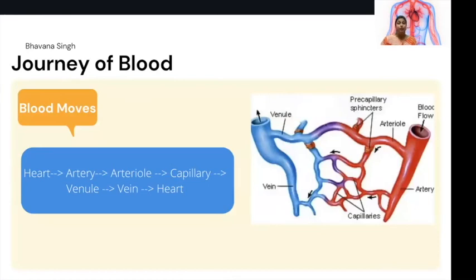Now I'm going to tell you the journey of blood. So very, very exciting. Obviously, blood is also an organ, and it also moves. It flows, you can say, because it is liquid. So blood moves from heart to artery, artery to arteriole, arteriole to capillary, capillary to venule, venule to vein, vein